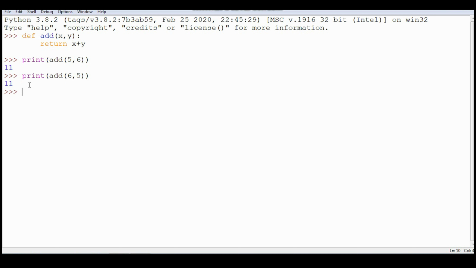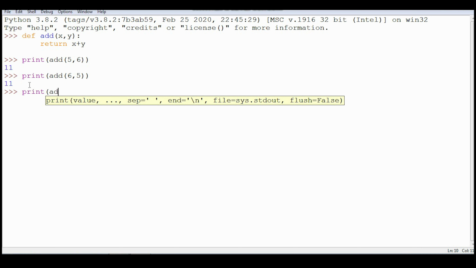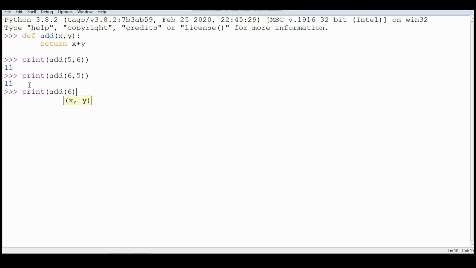I hope you got the concept of positional argument. That is, the number of formals and the number of actuals should be the same, and their order, that is their position, is also important, because a one-to-one correspondence takes place between them. In this context, if you pass more arguments or fewer arguments, the Python interpreter will give you an error. For example, I'm just passing 6.